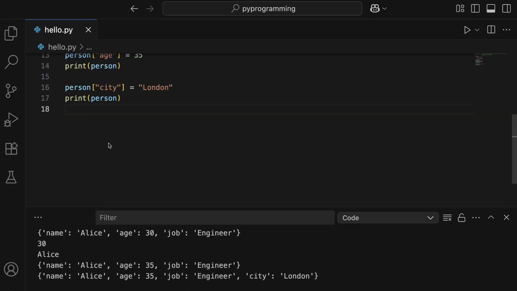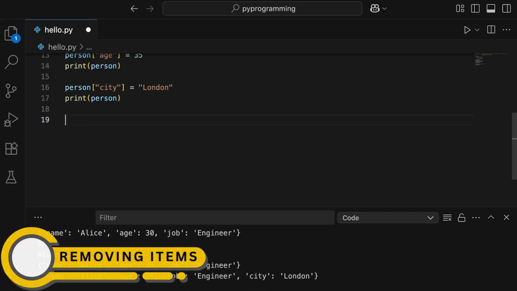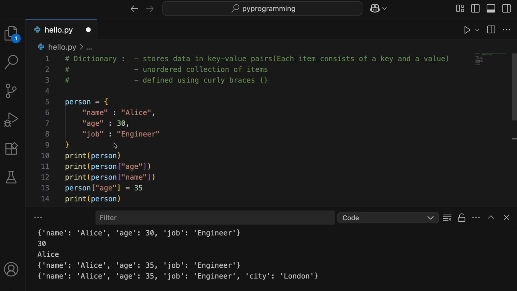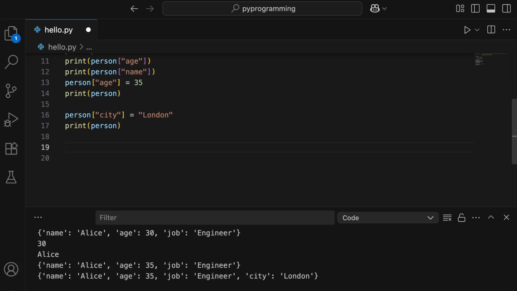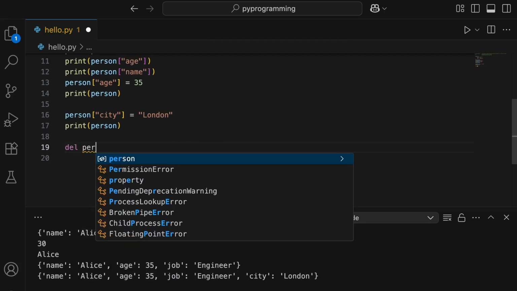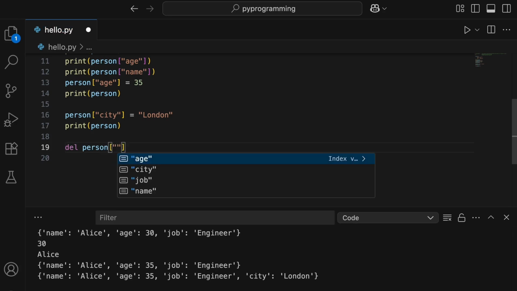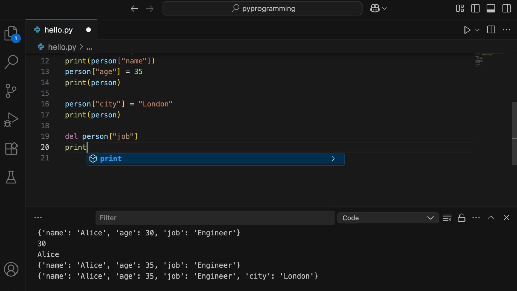And you'll do something similar to remove items. So let's say we want to remove one of the key value pairs from here. Let's say I want to remove the job. I just have to access the key and use the del keyword. So let's try this out. I'll write del and then the dictionary name, and then we have to mention the key. So I'll mention job, and after this, if I print the dictionary again, let's save this. Now we shouldn't be seeing the key job and its value. So you see it's gone.